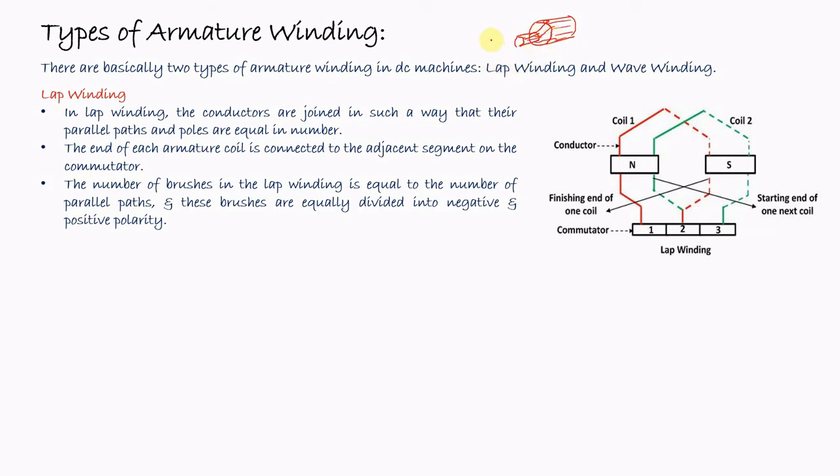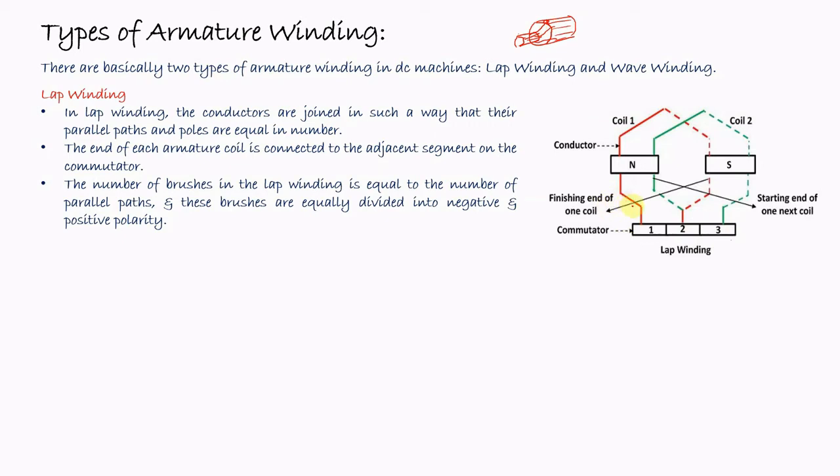Because the current flowing to the armature windings, if it is supplied from the external source, will pass from brush to commutator and then to the armature windings. And if it is working as a generator, then the EMF or the current will be developed in the rotor. It will pass to the commutator, then to the brush, and then to the external load. That means all the conductors in one slot are connected to one segment of the commutator. So here, this is the segment of the commutator, shown as a horizontal line.